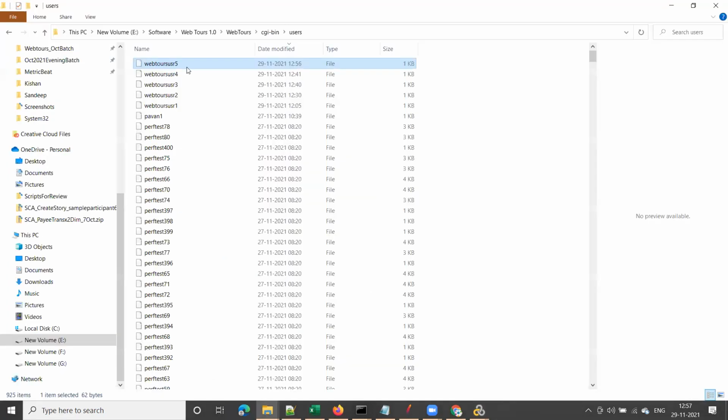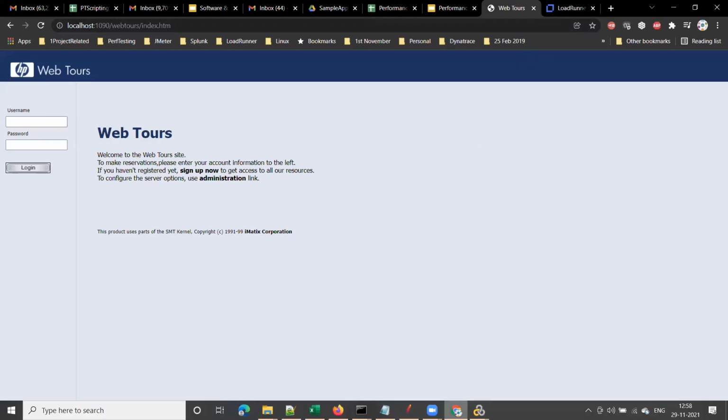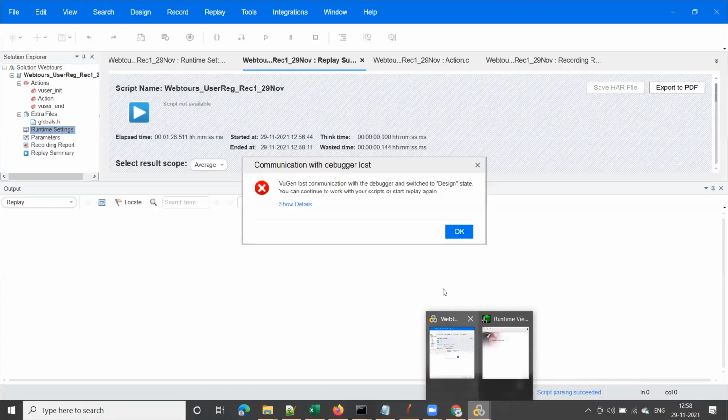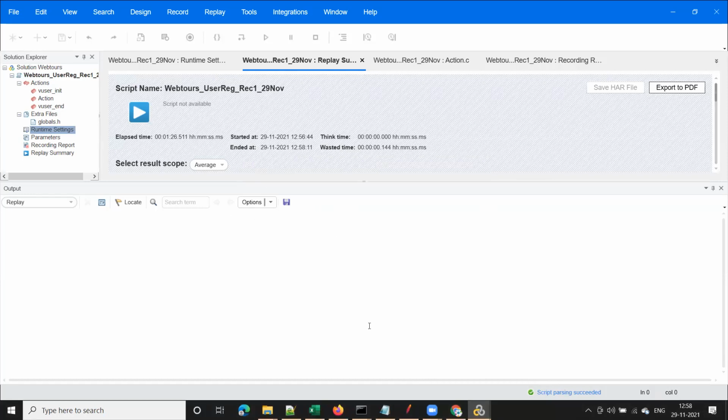So let's watch this script in action now. The script will be doing your job now, that user registration, right? Oh, lost with the debugger and switch to design. Hold on, there is some tool issue, guys.